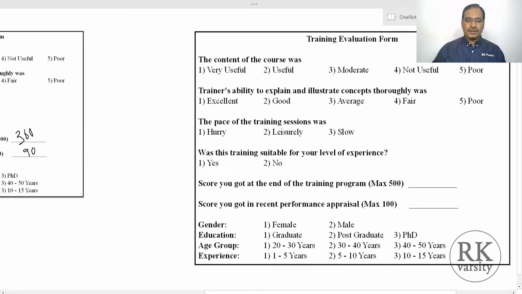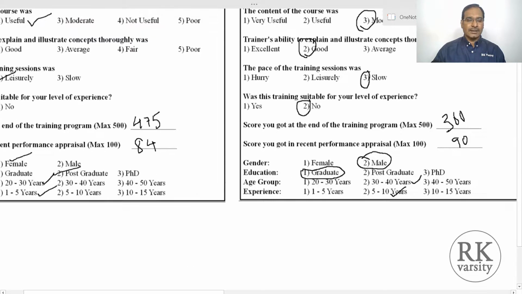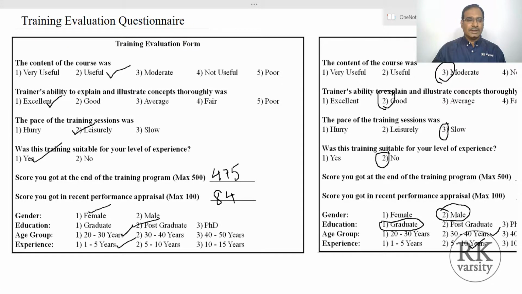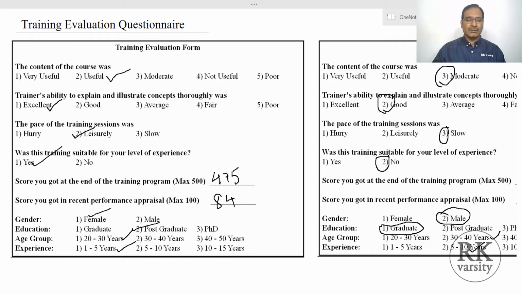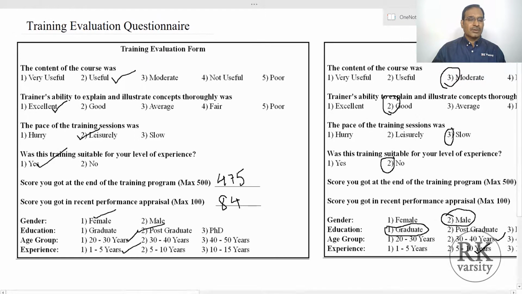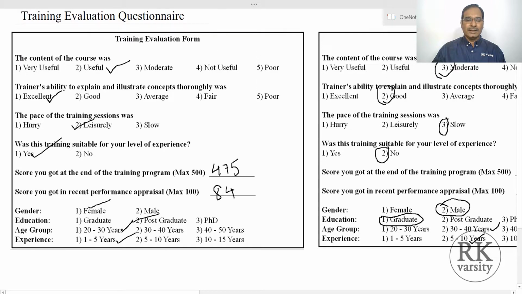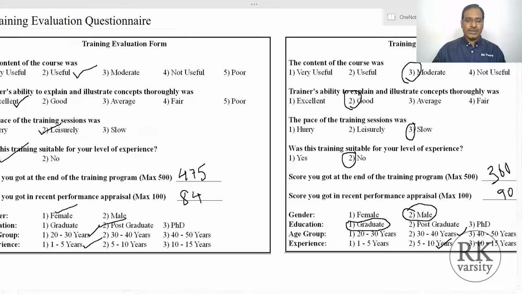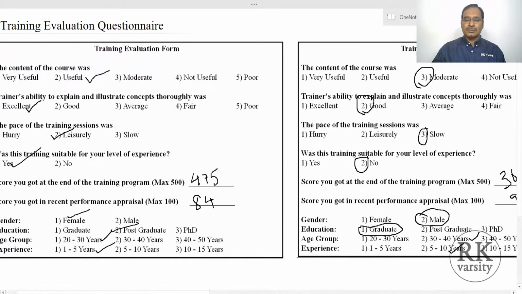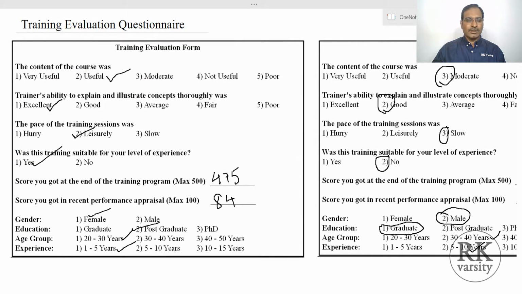So here is how the data forms are filled by each employee. Different employees use different methods to give the responses. Here somebody made a right tick mark, somebody circled it, and they wrote their scores in numerics. So this is how they collected the data from all the respondents.